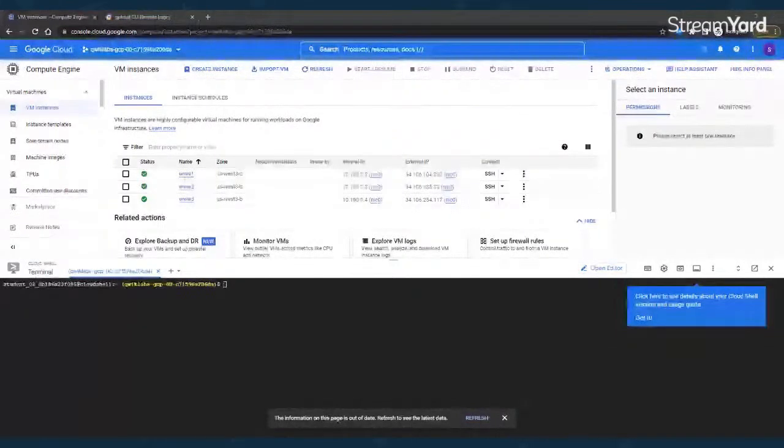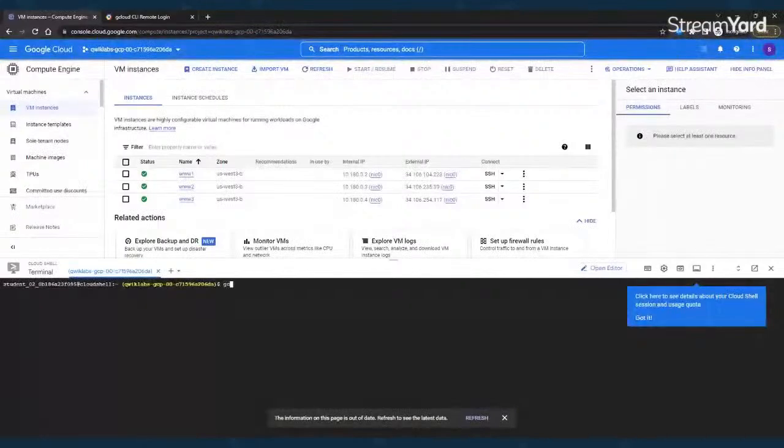Our command will be gcloud compute, because we are dealing with compute, firewall-rules create www-firewall-network. This is the name of the firewall rule, and then we'll target the particular tag, which is